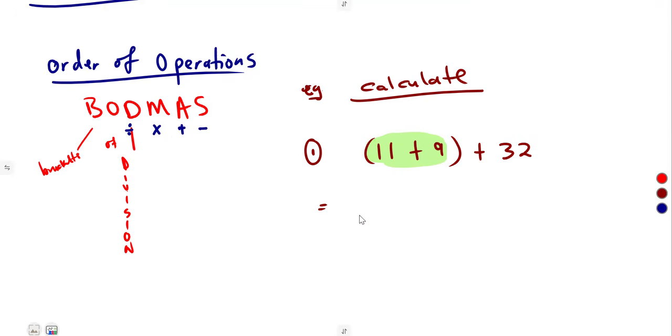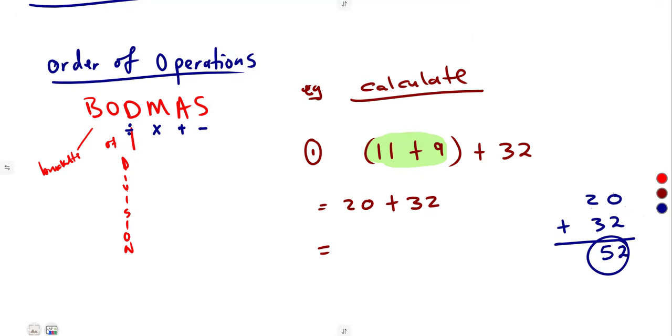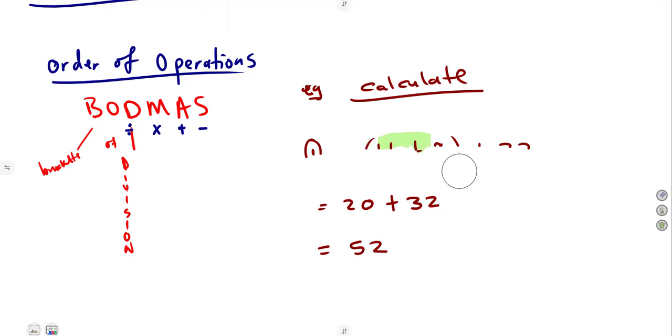So this is what you have. So that is going to be 20 plus 32. It is just the same as writing it this way, 20 plus 32. So adding this column together, 0 plus 2, that's a 2. This column, 2 plus 3, that's what? 5. So it's going to be 52. So this is what you're going to have at the end, all right? So that is how questions can be given, as it is, to calculate, to evaluate. Okay, let's try another one